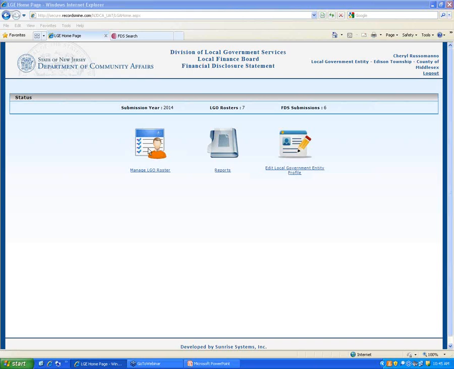As you'll see when we get to the LGO setup and actually filing the FDS, it's not a very difficult process. As long as you have the information that you need to put on the FDS readily available, it should take no more than 15 minutes at the most to file that.